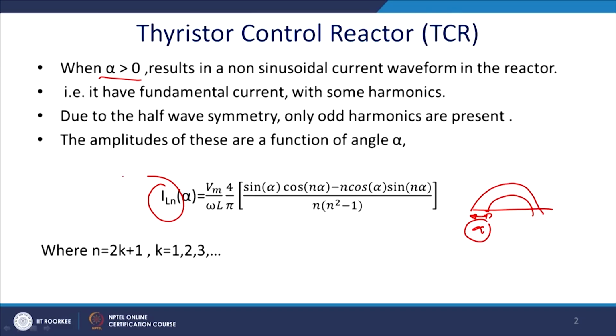quality. So, for this reason, for L, the nth harmonic will be given by Vm by omega Ln by 4 by pi, sin alpha cos n alpha minus n cos alpha sin n alpha, by n into n square minus 1, where n will be given by 2k plus 1. Here k can be any integer: 1, 2, 3, 4, 5, 6,